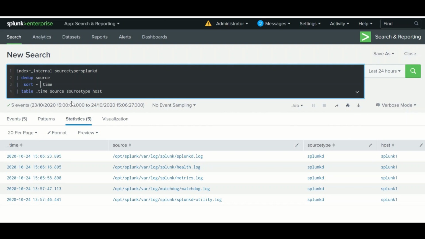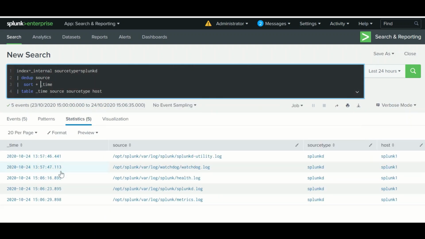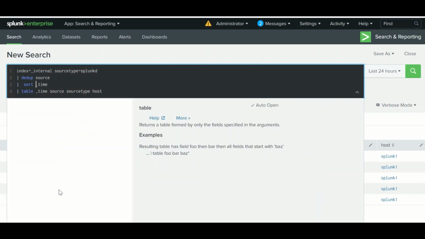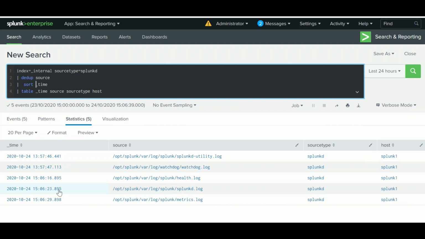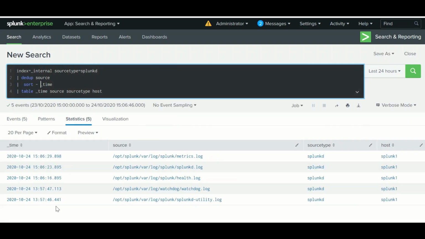Okay, by default, see it is changing. By default it is plus, or without that, like this or this, both are similar. If you want to put it in descending order, you need to use the minus command. So descending order, the biggest is first. Similarly, you can use source as well.